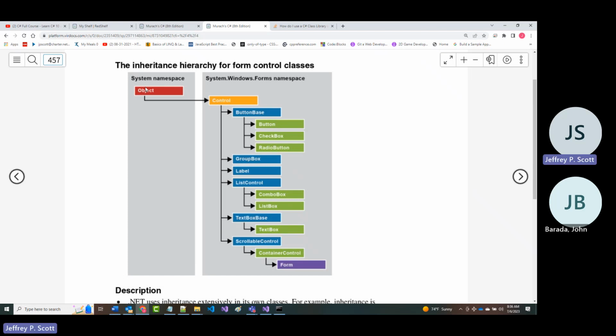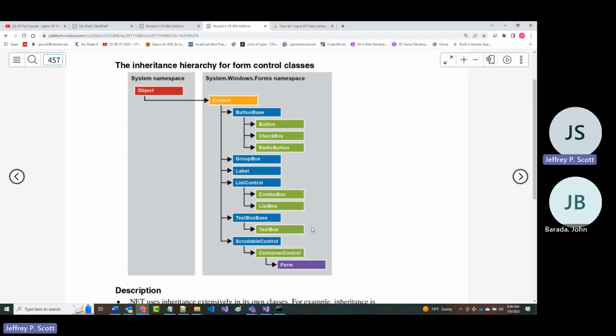Then if you look under Control, you'll notice that Control has 1, 2, 3, 4, 5, 6 direct descendants. It's got 6 children. This is probably not a complete picture, but it's one that hopefully you can understand.